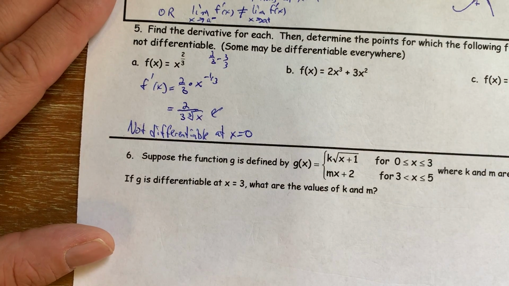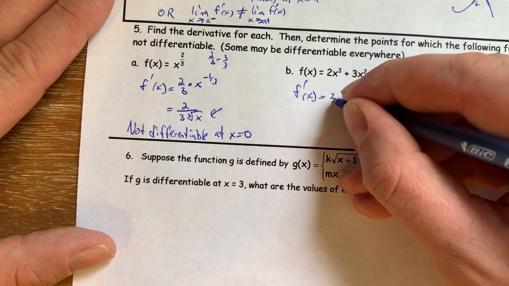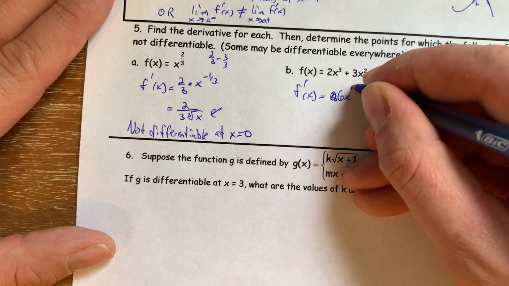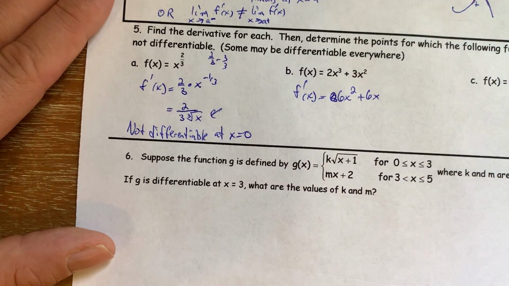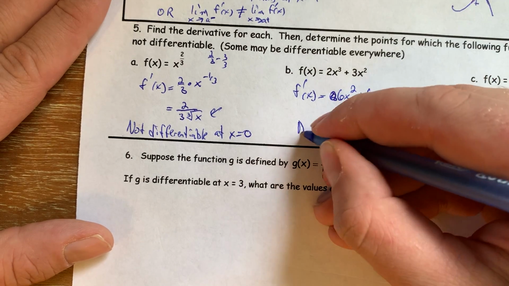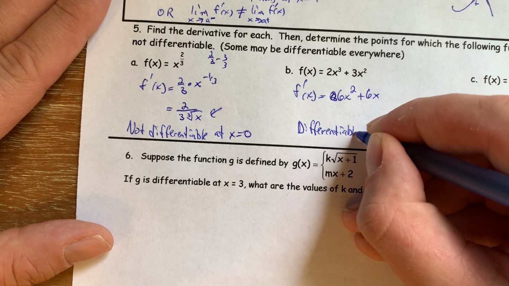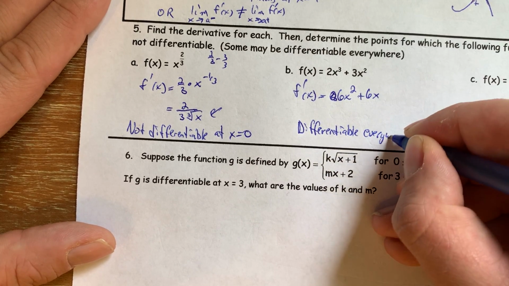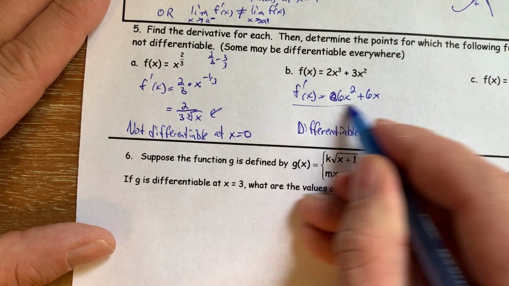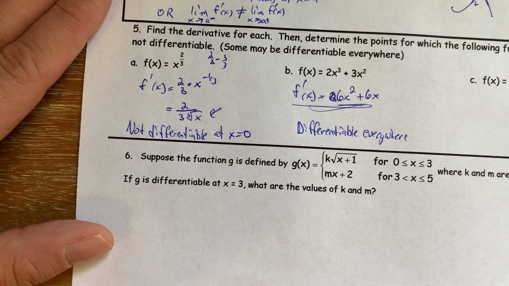How about this next one? What's the derivative? Oh, sorry, 6x squared plus 6x. So where is this not differentiable? Well, it's differentiable everywhere. We have a formula for the derivative, and there is no place where this function will be undefined. Some kids sometimes say, like,